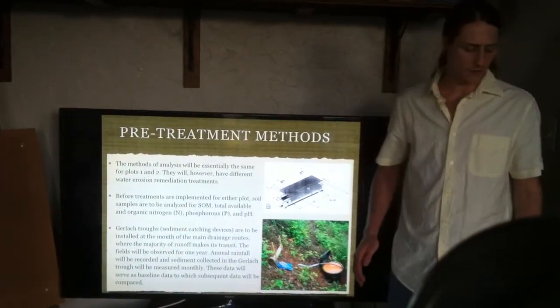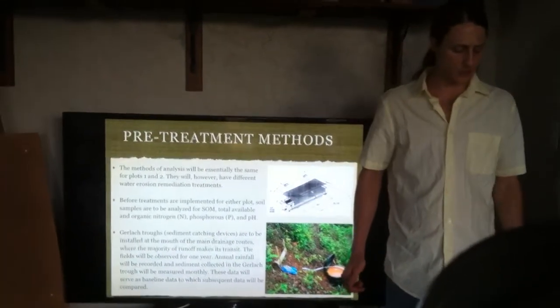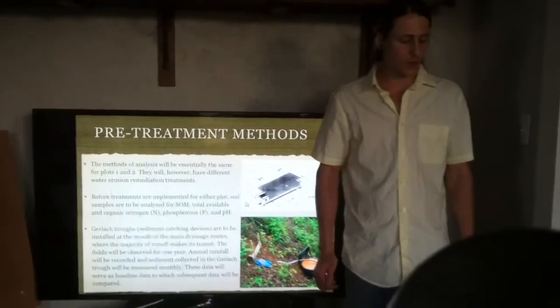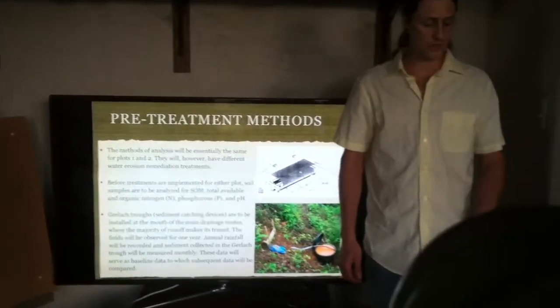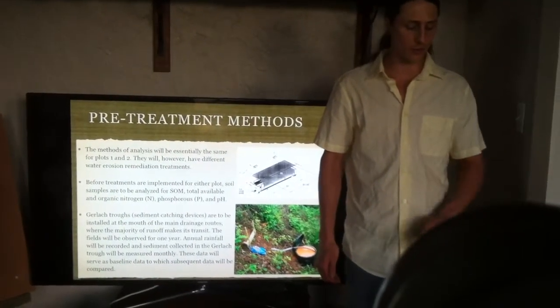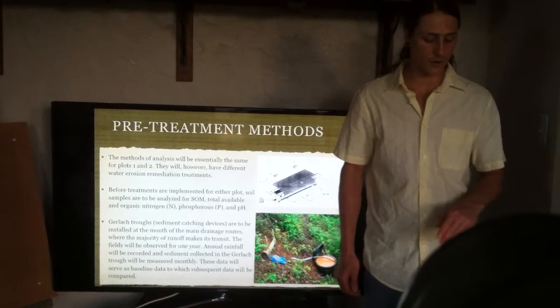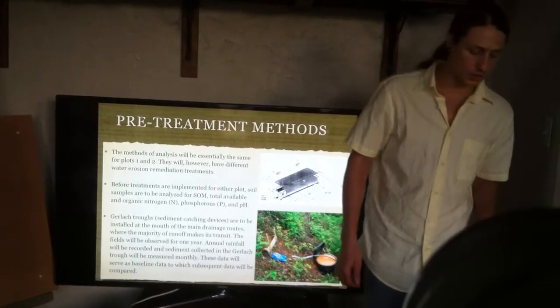So, pre-treatment methods. The methods of analysis will be essentially the same for Plots 1 and 2. They will, however, have different water erosion remediation treatments. Before treatments are implemented for either plot, soil samples are to be analyzed for soil organic matter, total available inorganic nitrogen,